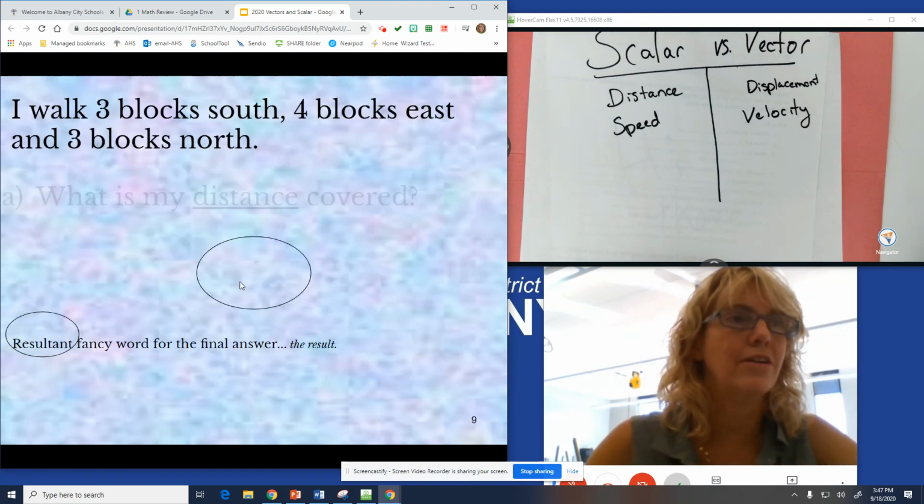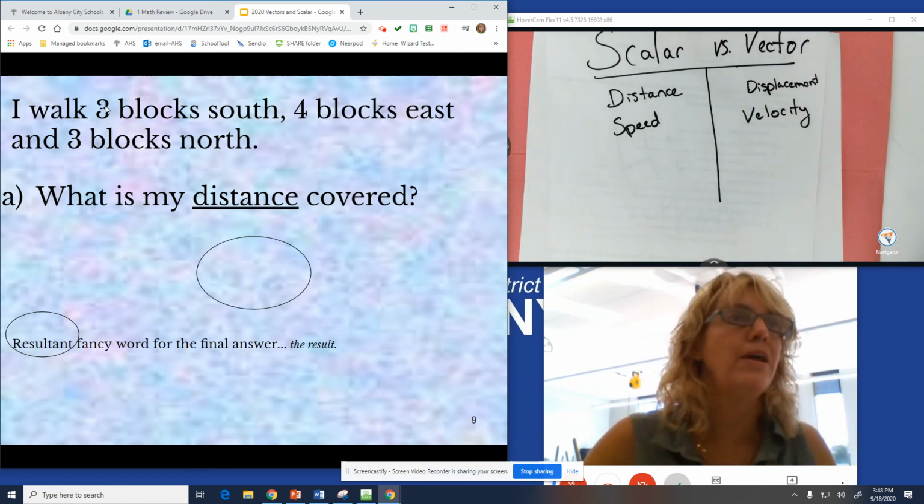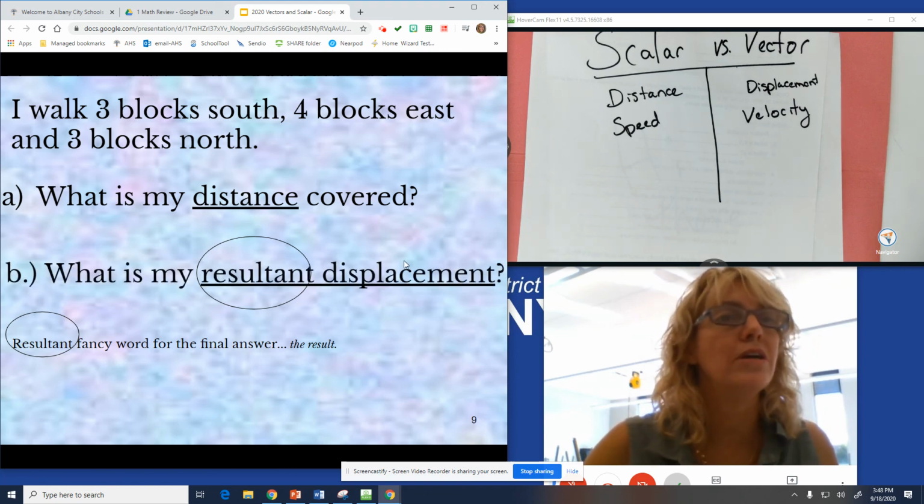Thanks, Mrs. Nagle. All right, so here we go. Almost a few seconds left. I walked 3 blocks south, 4 blocks east, 3 blocks north. What's my distance? Add those up. Bam, 3 plus 4 plus 3, 10 blocks. Now my resultant displacement, just really, you got to kind of picture it, south, east,